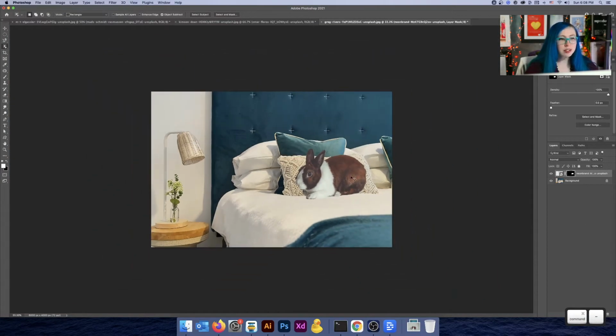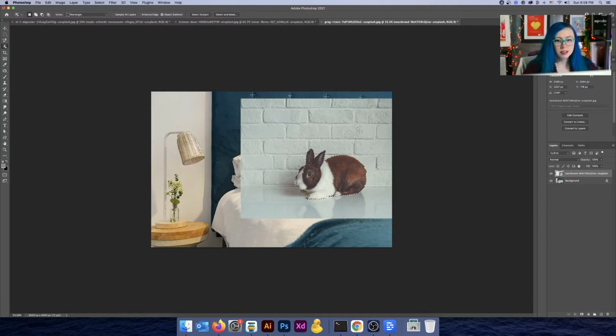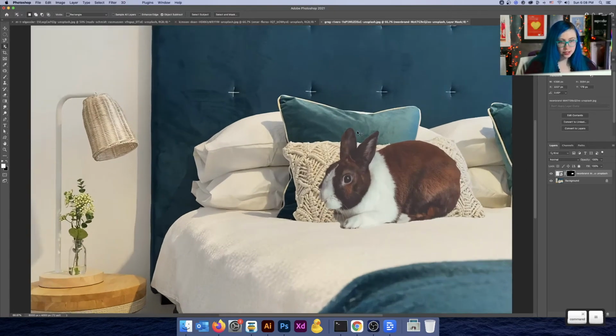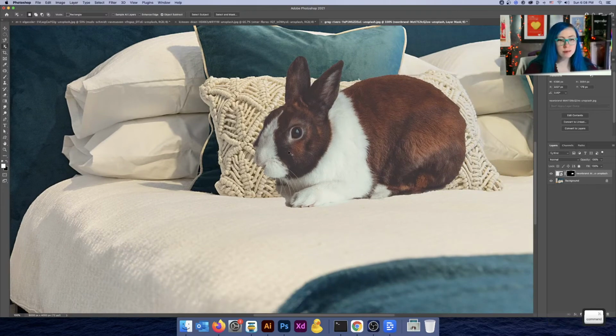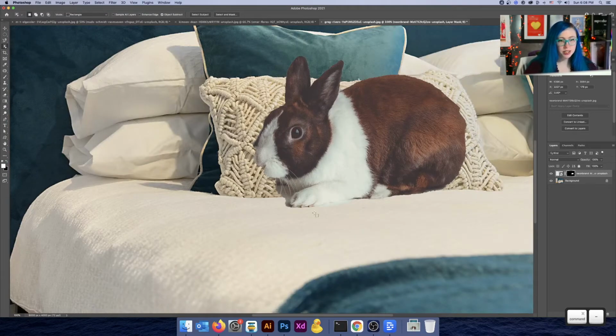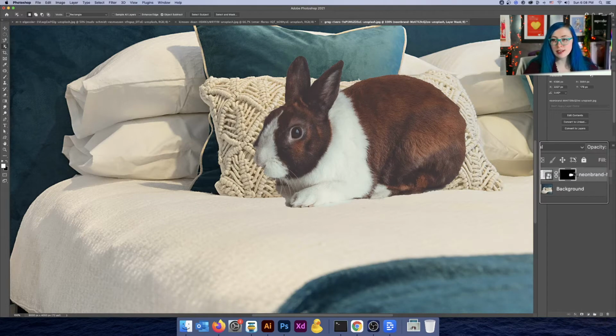And check that out. Now, instantly, let's repeat that. Command Z to undo, and then Shift Command Z to redo. See how, with that layer mask, the whole background disappeared? Now, because we didn't do the best job selecting this, there are some little odd bits and pieces here. So the beauty of a layer mask is that this little mask here, this black and white image, if you look really closely, you can see that this is almost like a little copy of the rabbit here.